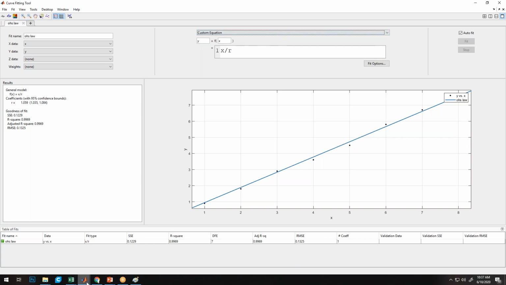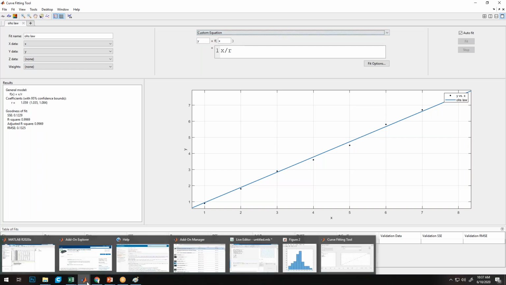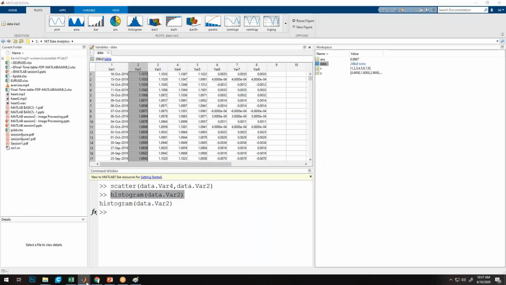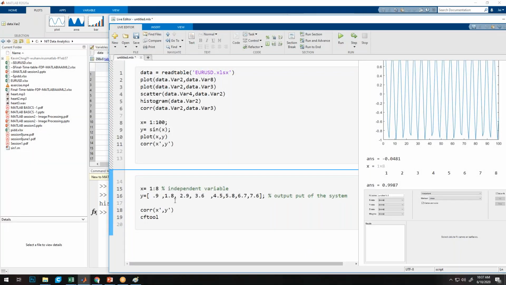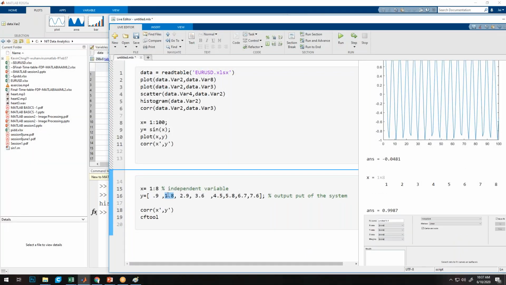Now we will take one more example in which we change this data to a greater extent, and then we will try to fit it. In the existing data only, I'm just making some changes.